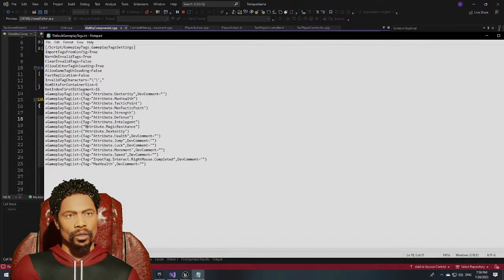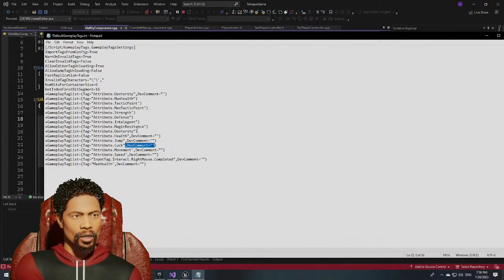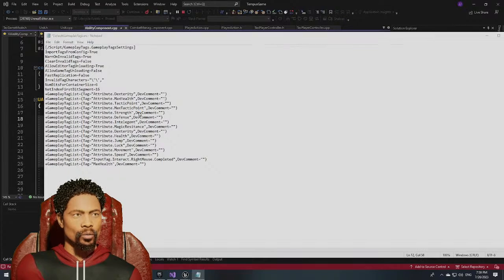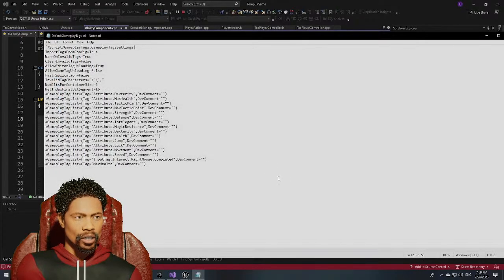So what I'm doing right now is adding these tags, so that when it comes to where it's trying to find these tags, I should not get any more of those warnings again. So I'll make a save, close,